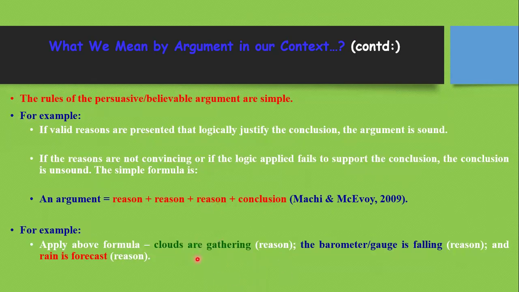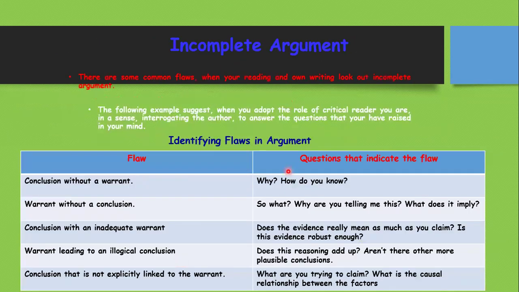So you are basically predicting the rain on the basis of clouds and on the basis of the barometer. So you have provided some evidence. On the basis of that evidence, you can conclude something. So rain forecast is also predicted. So what you can conclude is that today is a rainy day. Incomplete argument. There are some